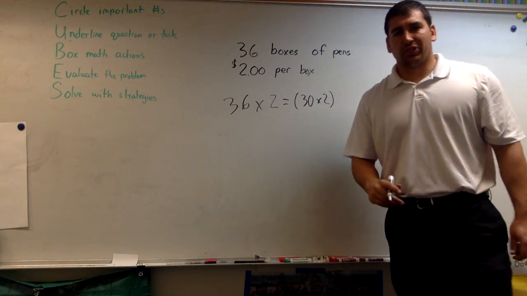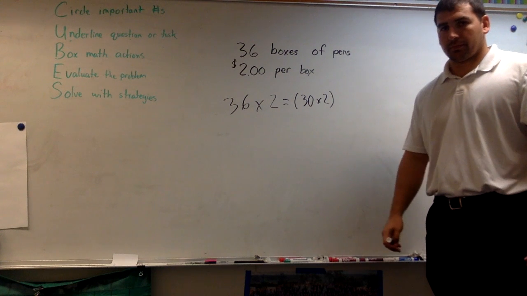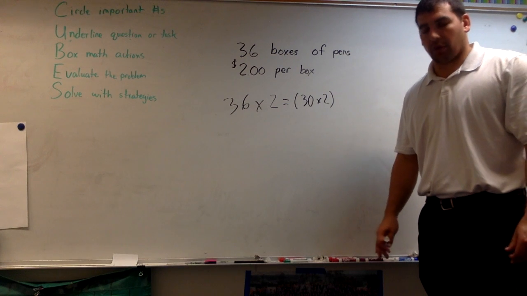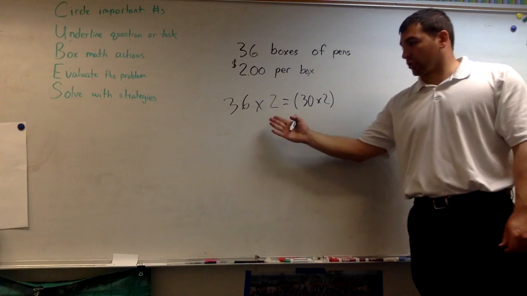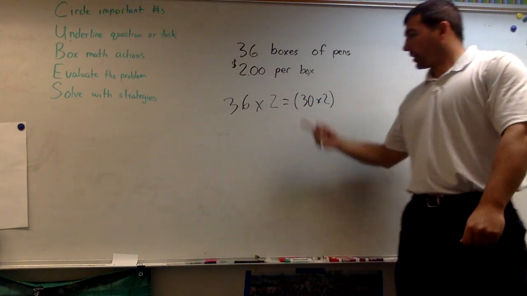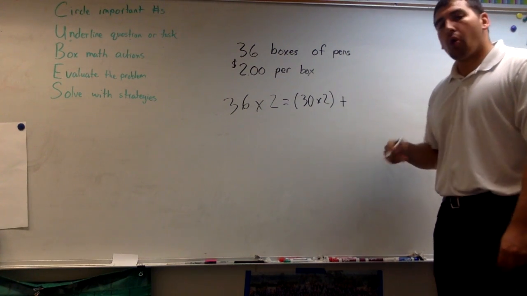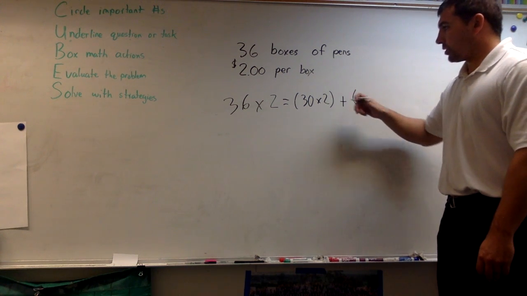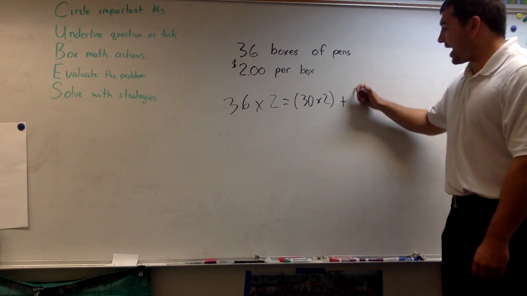And now, what do I need to do? I want you to pause and try to finish out the expression. Did you pause? Okay. All right. So remember, it's the equal sign. Right now, we're saying we had 36 groups of 2 over here. But on this side, remember the power of the equal sign: both have to be equal. This is only 30 groups of 2. I have to add how many more groups of 2? Well, 36. So some people just say add 6. That's not right. It's adding 6 groups